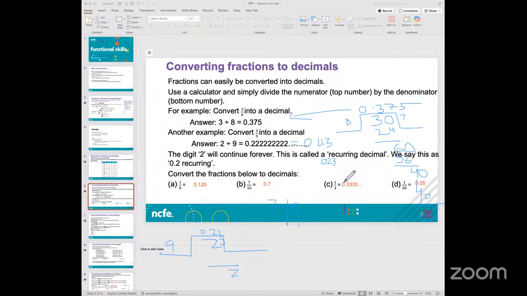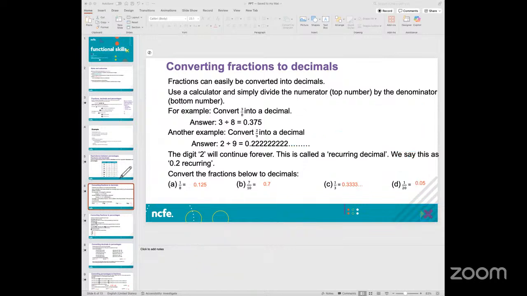So in such cases, as a fraction, this will continue forever. This is called a recurring decimal, and in such cases, you would always be asked to round off the number to the nearest possible point. So if they say round it off to 2 decimals, then it will become 0.23. If they say round it off to 3 decimals, it will become 0.223. And that is how you would be looking at converting fractions into decimals.